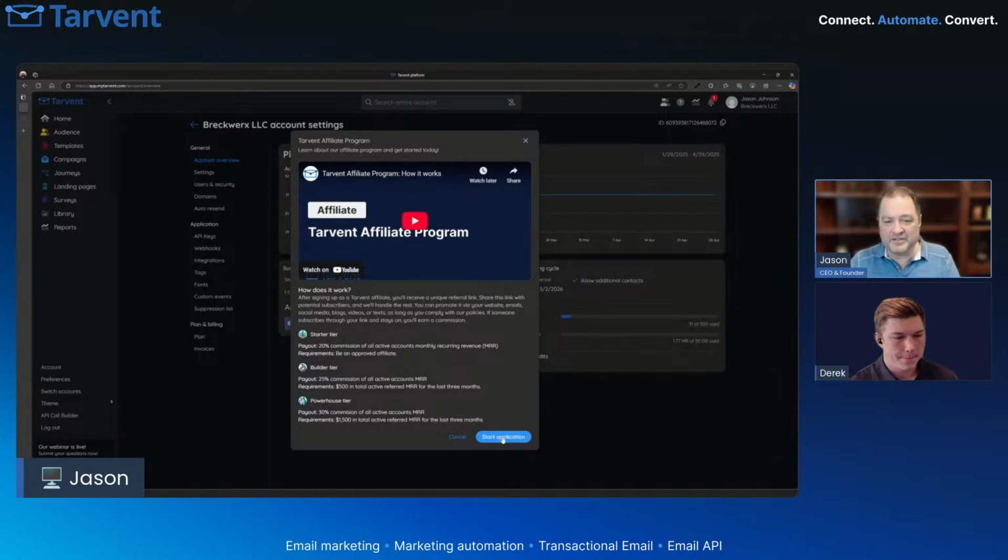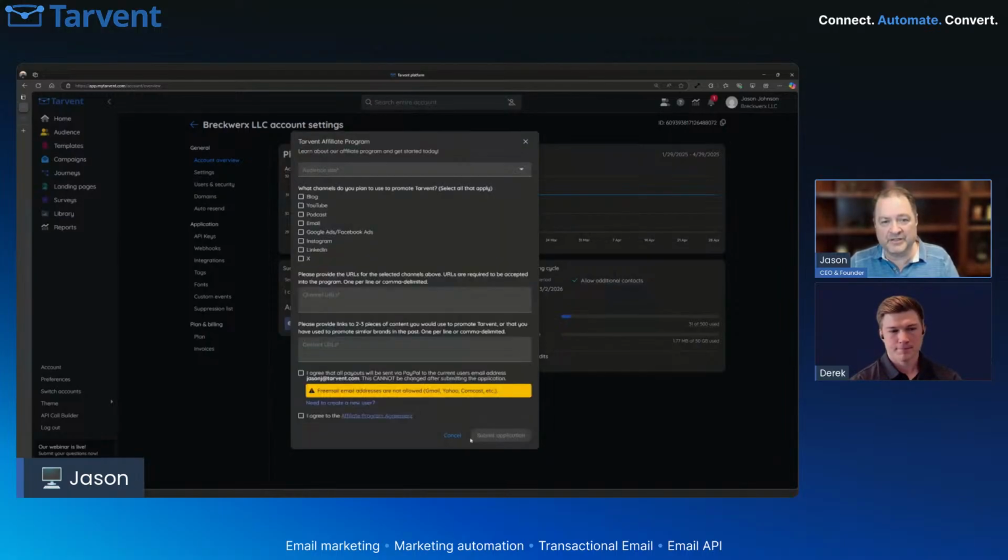Fill out the application. The one thing that people kind of mess up on when they do this, we put a warning in here, but it still kind of gets missed. You need to use an email address that is not a free email address. So free email addresses like Gmail, Yahoo, Comcast, I guess can be free. But with those, you cannot use a free email account. And that's just a policy thing on our side.